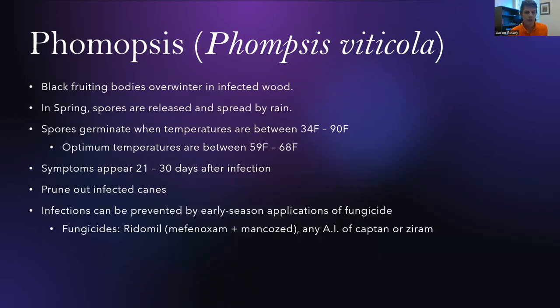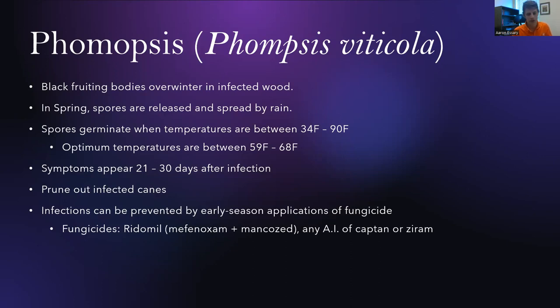Black fruiting bodies overwinter in infected wood. Again, phomopsis and anthracnose both are on the wood usually. In the spring, spores are released and spread by rain. Spores germinate when temperatures are between 34 and 90 Fahrenheit. Optimum temperatures are between 59 and 68. It prefers cooler weather. Symptoms appear 21 to 30 days after infection, which is kind of unfortunate because you can